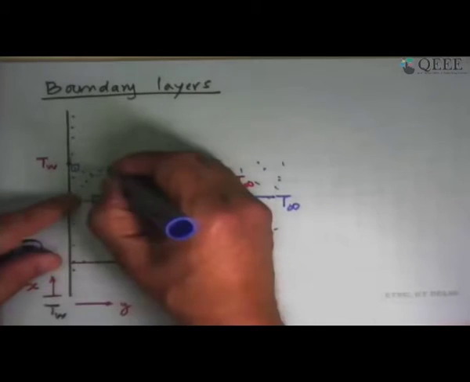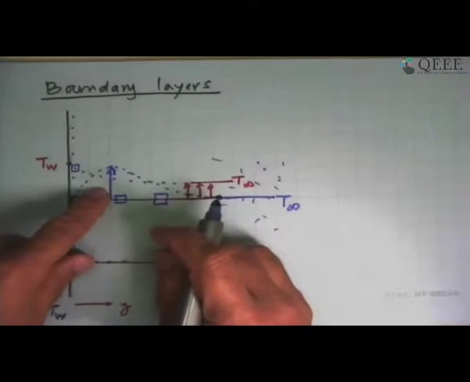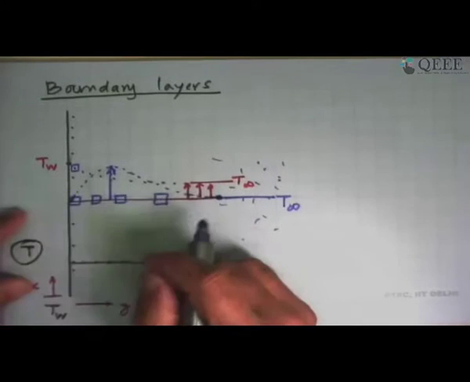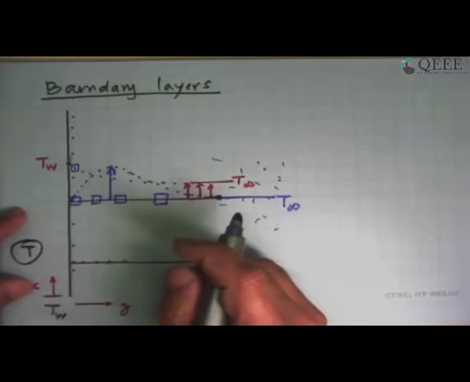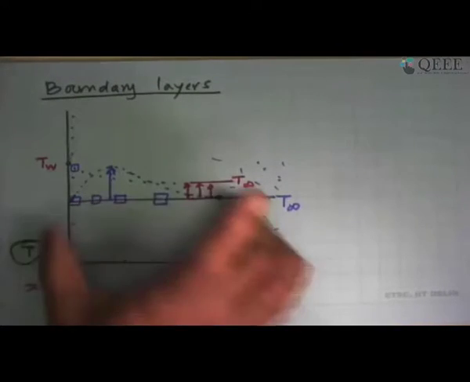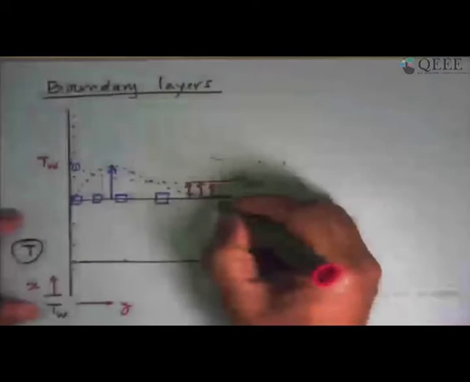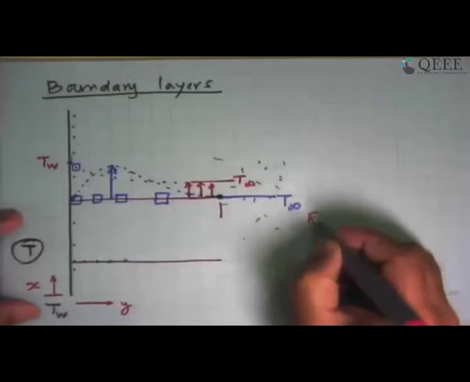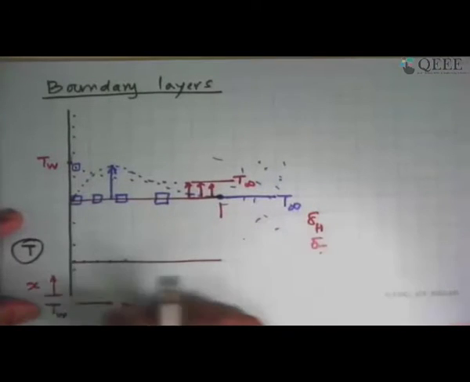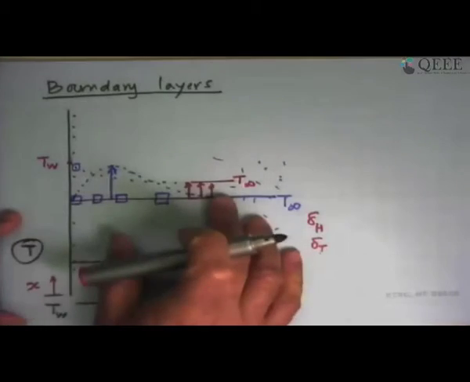The thing is, this velocity you do not know, because this was caused by the temperature difference that came on it. So if you make a plot here also, we'll see a similar thing, except that now this distance, which we will call, say, delta H, the hydrodynamic boundary layer thickness, or delta T, the thermal boundary layer thickness, they are pretty much the same.